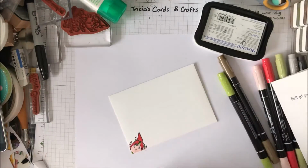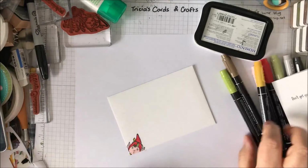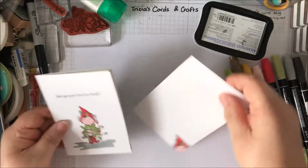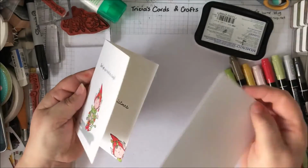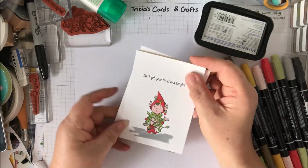We go, and just the yellow light. There we go, so we're done. So, I've got my card and my envelope. So, there we go, all these little